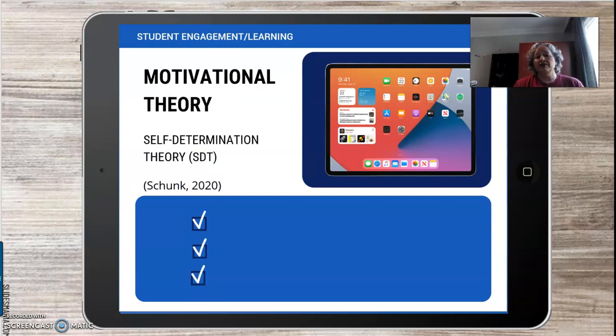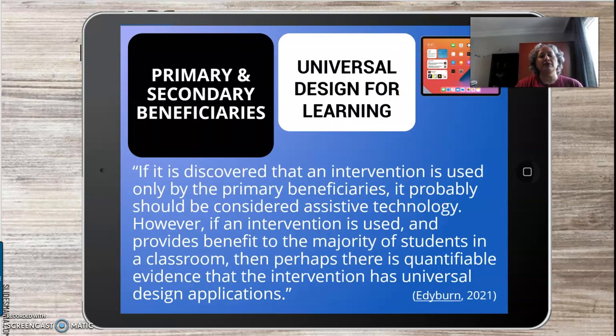Self-determination theory, which is a motivational theory, meets 3 psychological needs, which really goes hand in hand with UDL. We just mentioned autonomy. Students need to own their learning. They also need to be competent, feel successful, and this comes with a choice, and they also need to be working in collaboration or feel connected to their peers. Technology provides the perfect